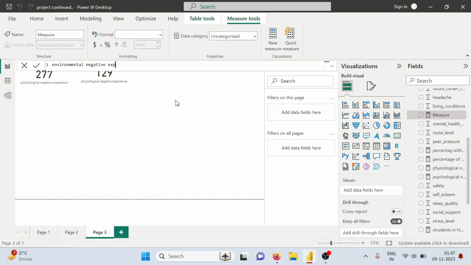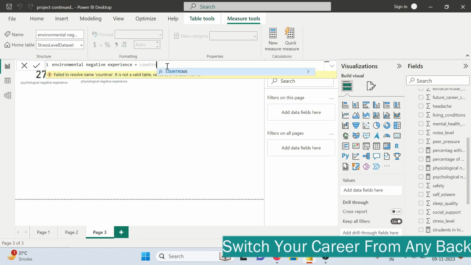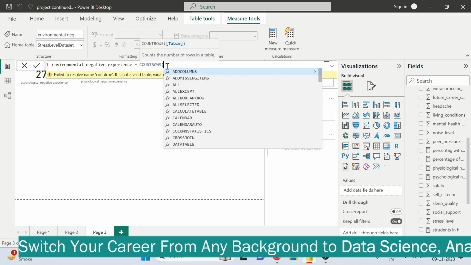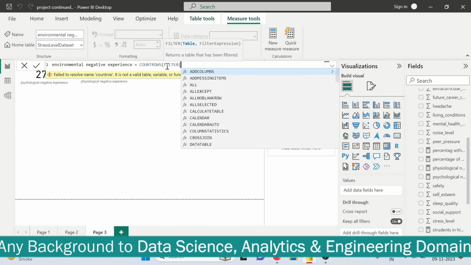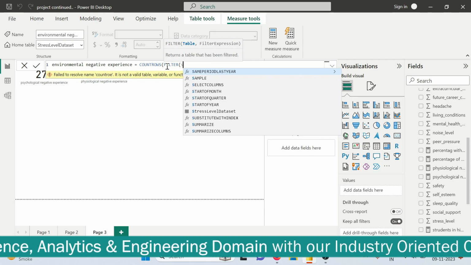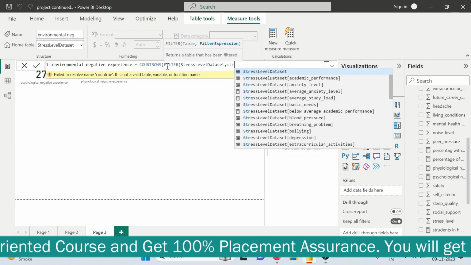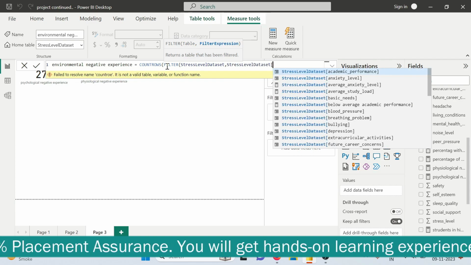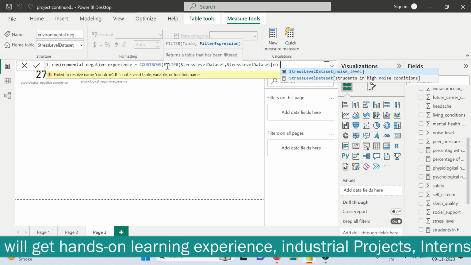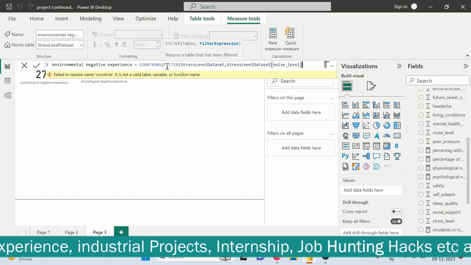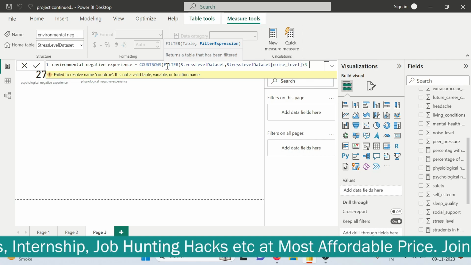Negative experience is equal to count rows, with the column name noise level greater than 3, and